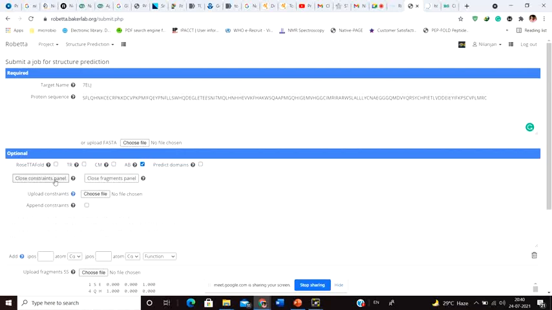When I click on the constraint panel, some information is automatically given here on how to write it down. For example, you see atom pair Ca1 Ca10 bounded 0.00 8.0001. What is this? This is the constraint panel. That means from an NMR experiment you can get constraints. For example, an NMR experiment is going to show you which atom is connected to which atom.